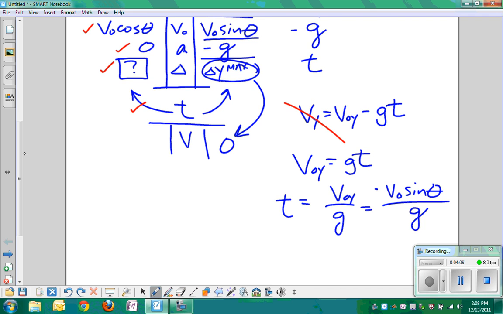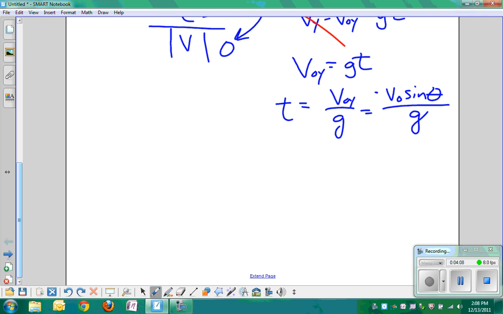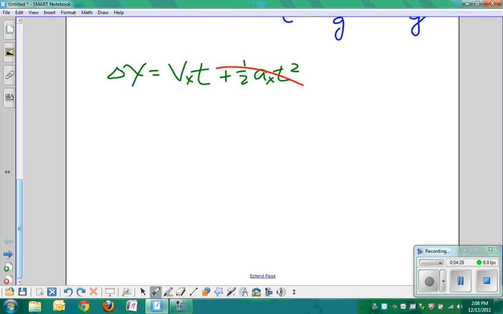So working in the Y direction, I'll use red. I just did Y anyway. This is actually doing X, but I'll switch colors. So delta X is equal to Vxt plus 1/2 Axt squared. Fruit Ninja. All right, so delta X is just equal to Vxt. So our delta X is going to be equal to, Vx is,